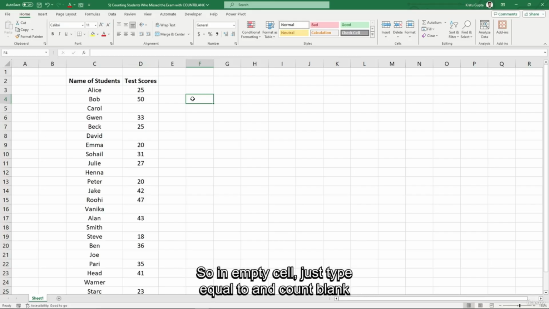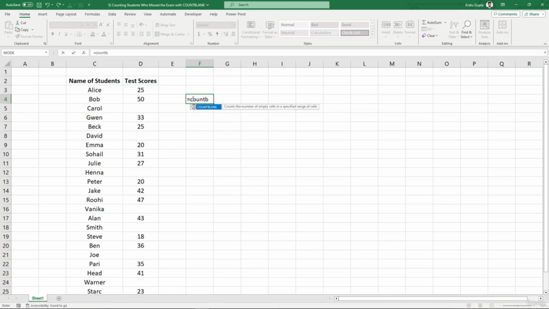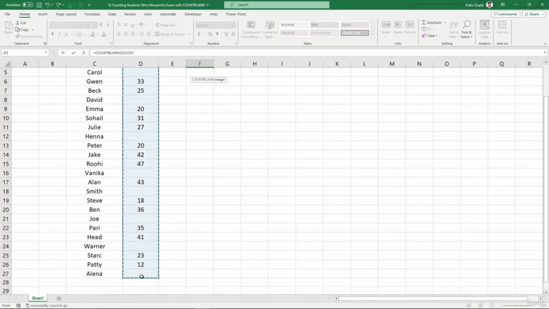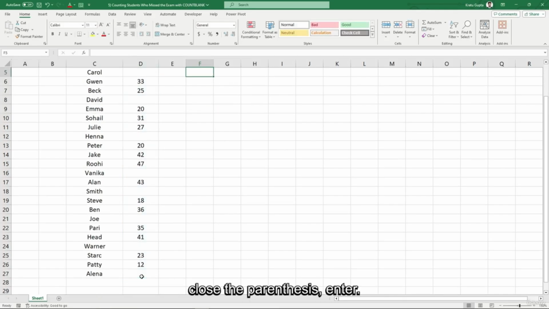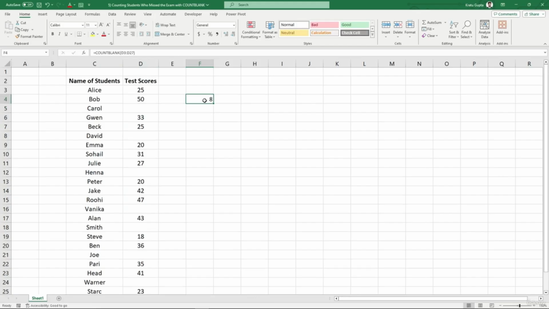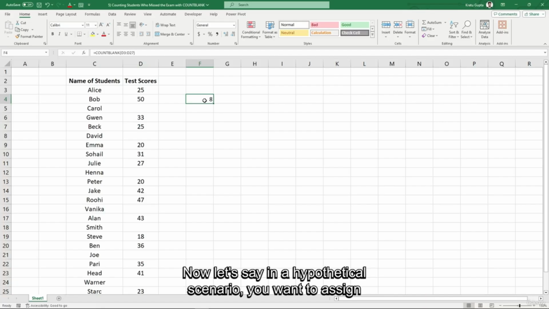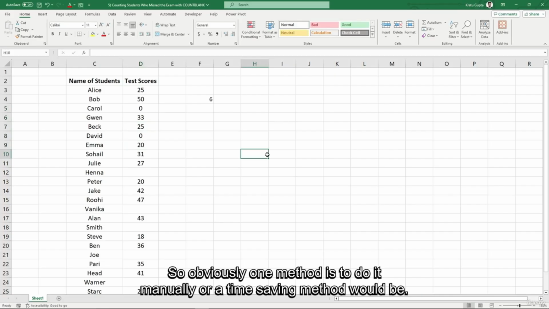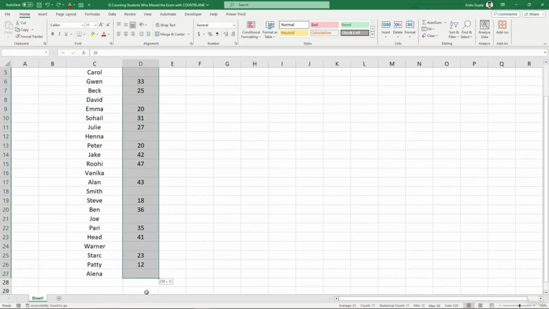So in an empty cell, just type equal to count blank and select the range. Close the parenthesis, enter. So there are 8 students who didn't give test. Now let's say in a hypothetical scenario, you want to assign 0 to all the blank cells. So obviously one method is to do it manually, or a time saving method would be to first select the